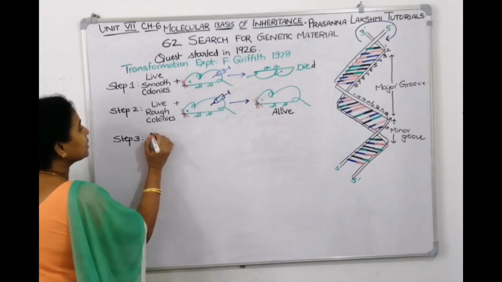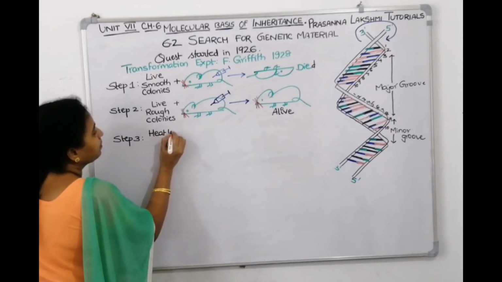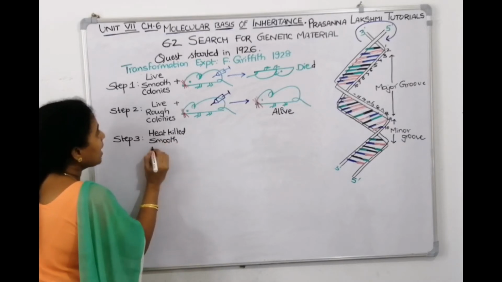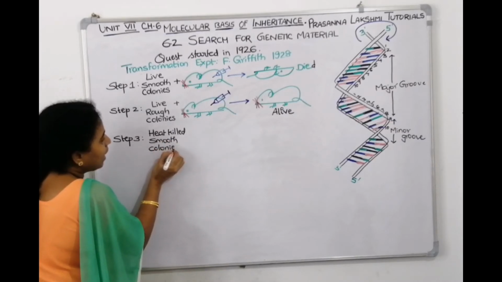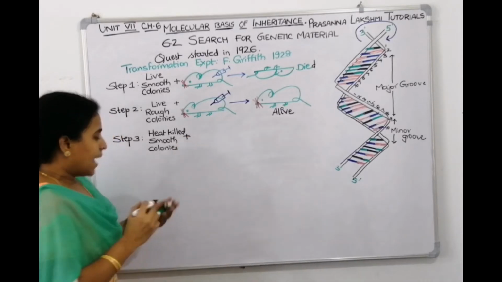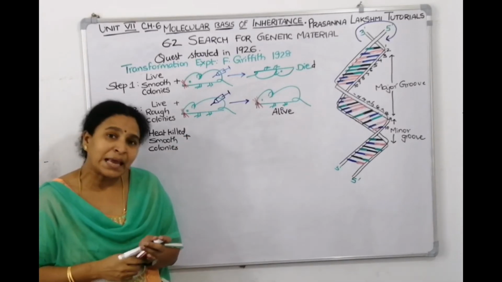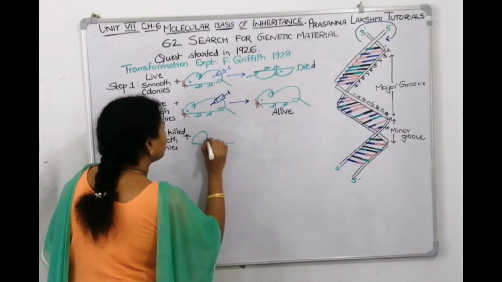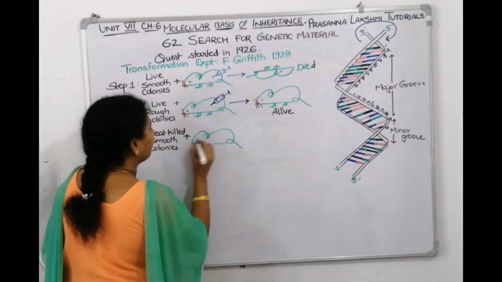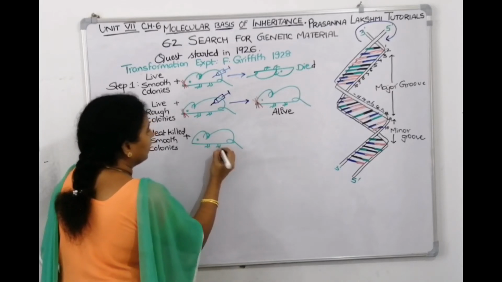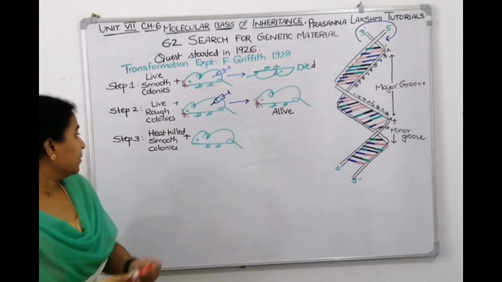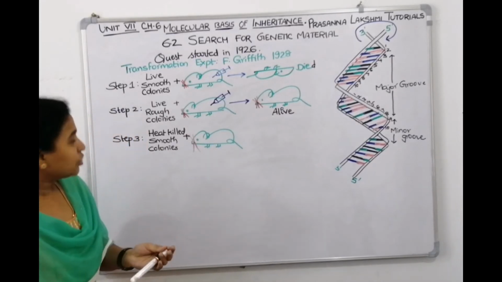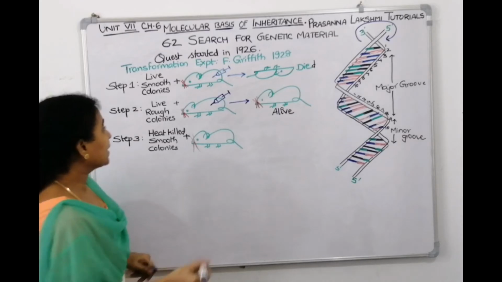So, he has taken heat-killed smooth colonies. He understood that smooth colonies are pathogenic, they're causing the disease and they're killing the mice. So that is why he killed them. And then he tried to inject again into the mice. So now when he injected heat killed smooth colonies into the mice,